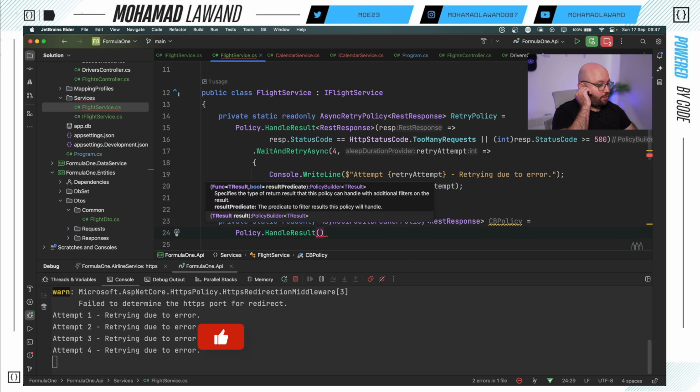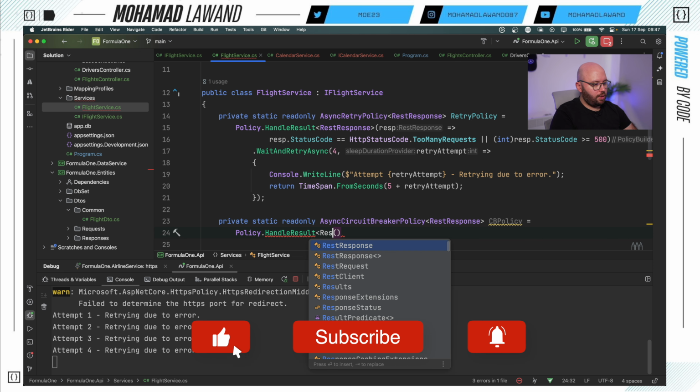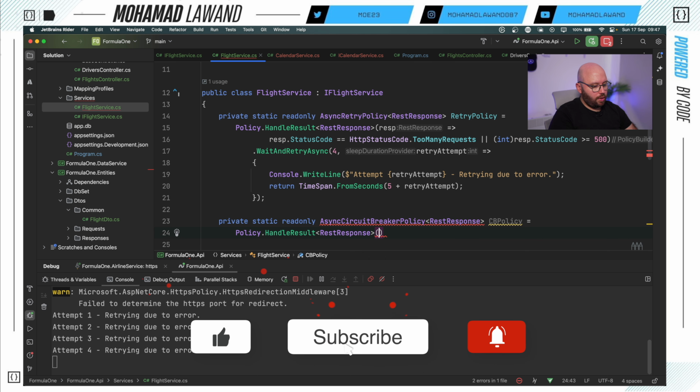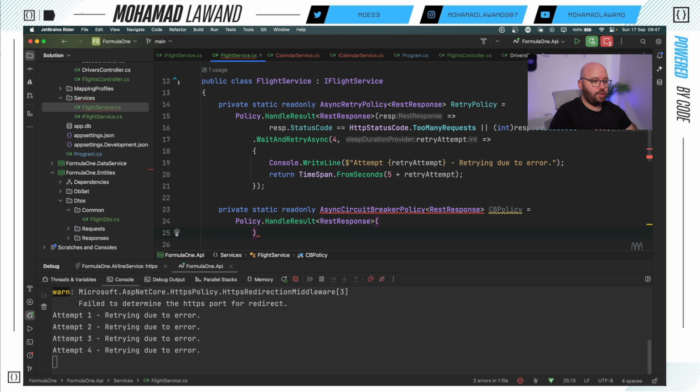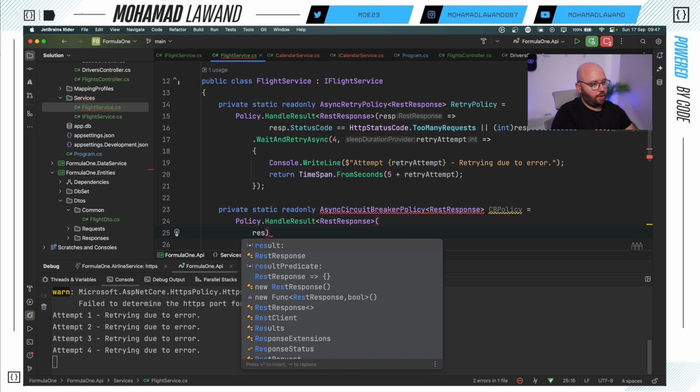And then here we're going to do the same thing. We're going to make sure it's a REST response. And then here we're going to make sure that the circuit breaker policy only executes on failure. I don't want it on too many requests. Again, this is only for demo. You can do it however you want. So we can do here the response,